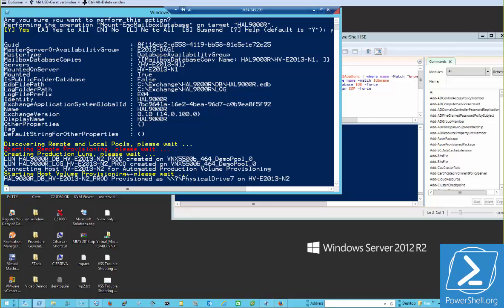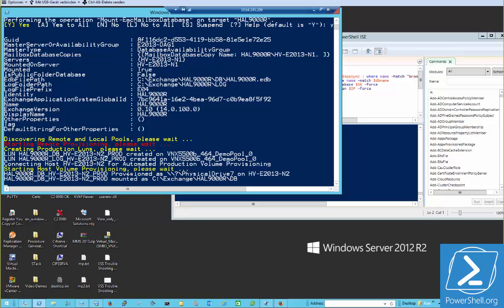So now we are provisioning physical drive 7 on server HV E2013 and 2, which is my Exchange server on the secondary side, and he's using the VNX 5500B for it, which is the other array. He uses the same mount path because it's an Exchange database availability group. He has to do so, and then he's doing the same for the log. And once he has done with the log,